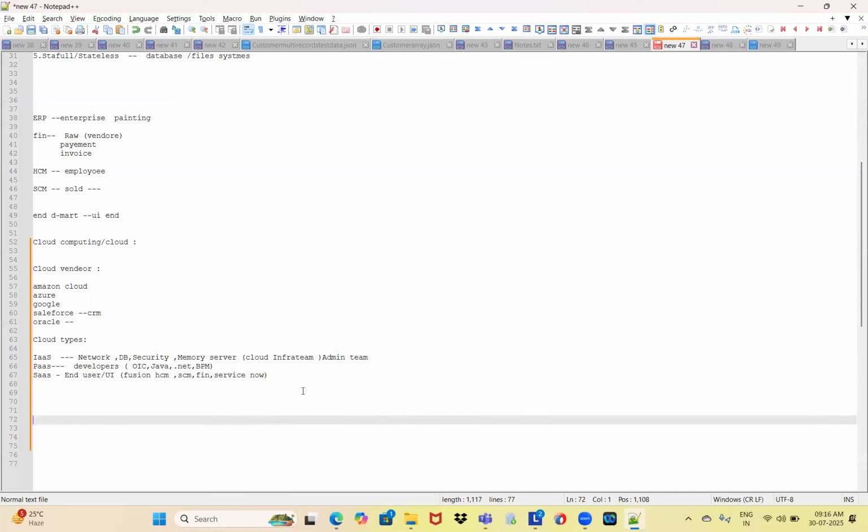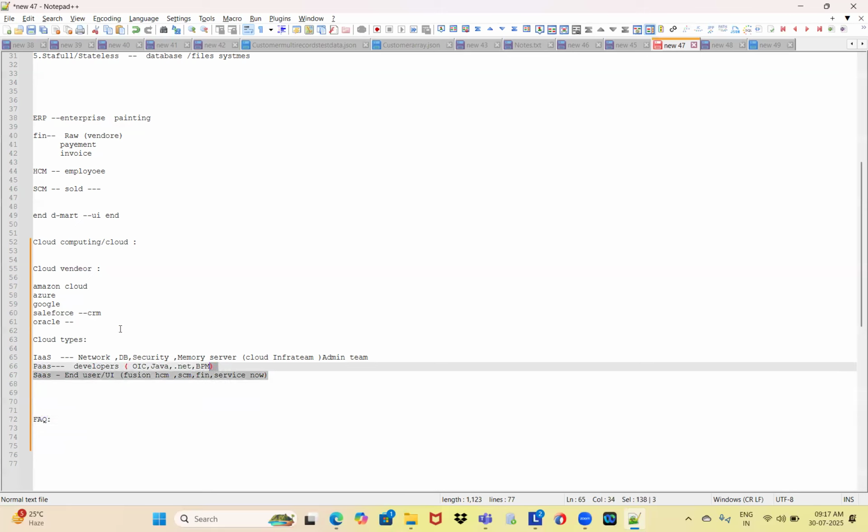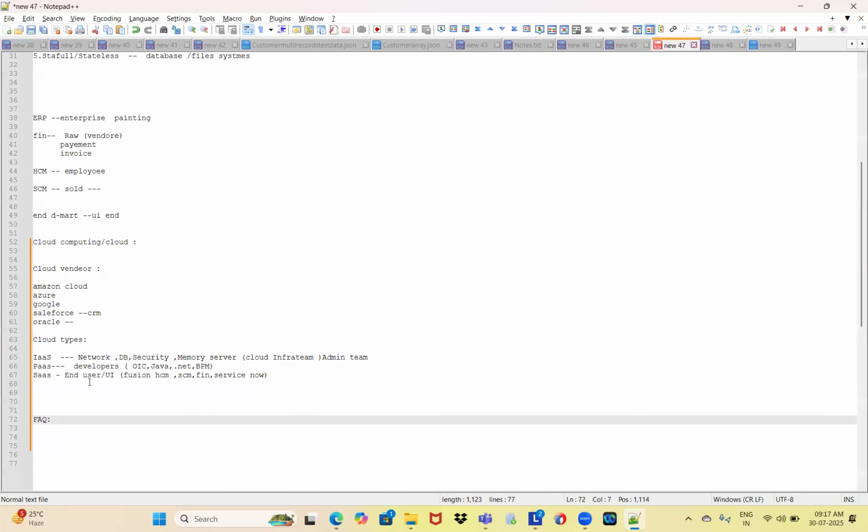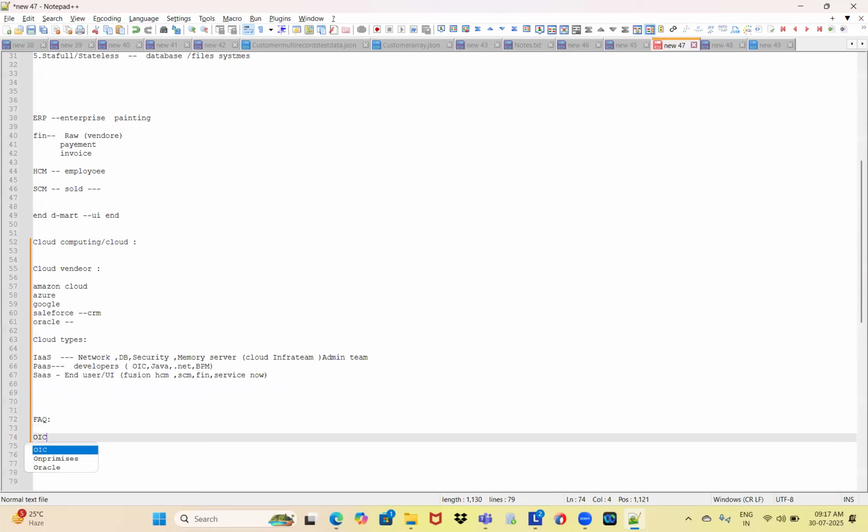Here I'll write the FAQs as well, just for your notes. In this area, the interview question might be: OIC comes under which cloud type? There is a chance they will ask which cloud type.